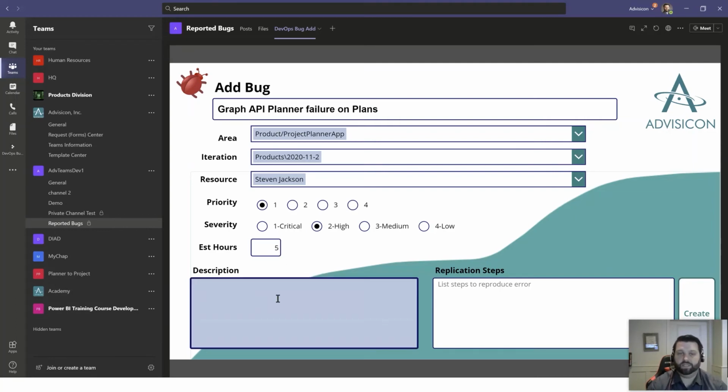From here, we're going to put a description, say the Graph API is failing on level 2 or level 1 plans and not allowing sync from project desktop. So the way that this tool works that we're talking about here is it's a project desktop app add-in that allows for the different levels of a project to be connected to Microsoft Planner. So basically what's happening is on that level 1, when a level 1 task is selected,